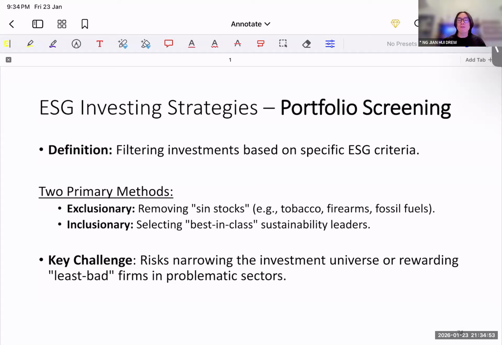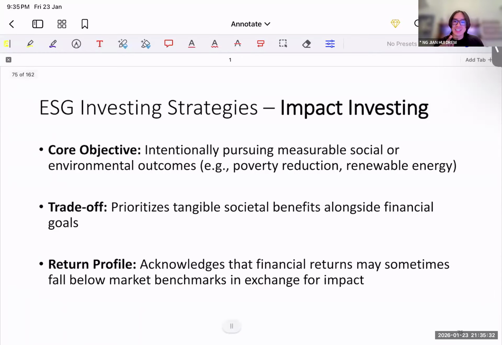So what happens with this portfolio screening is that yes, you screen off the immediate oil-related stocks and remove them, but at the same time, you might also include firms like Sembcorp Marine, who do shipbuilding, but indirectly contribute to the construction of deep sea oil rigs that drill for oil, right? So I hope this is a good example to show you that portfolio screening is a bit tricky. I did see a comment on ESG as a defense. I like that comment. We'll talk about this in just a bit.